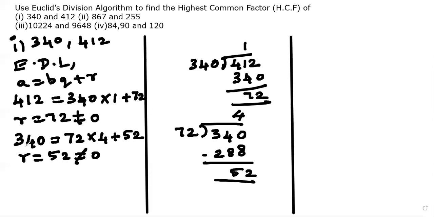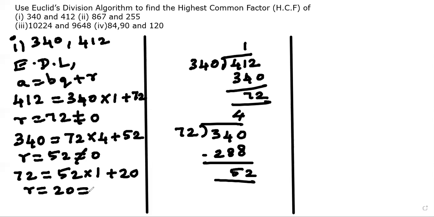So you have to leave this 340, take your 72 with 52. Which is the highest one? 72 is the highest one. Put the 72 outside in the place of A. So 52 into 1s are 52 plus 20 is the remainder. That is 52 plus 20 gives you 72. So our remainder is 20. So is this 20 equal to 0? No, it is not equal to 0. So you have to continue